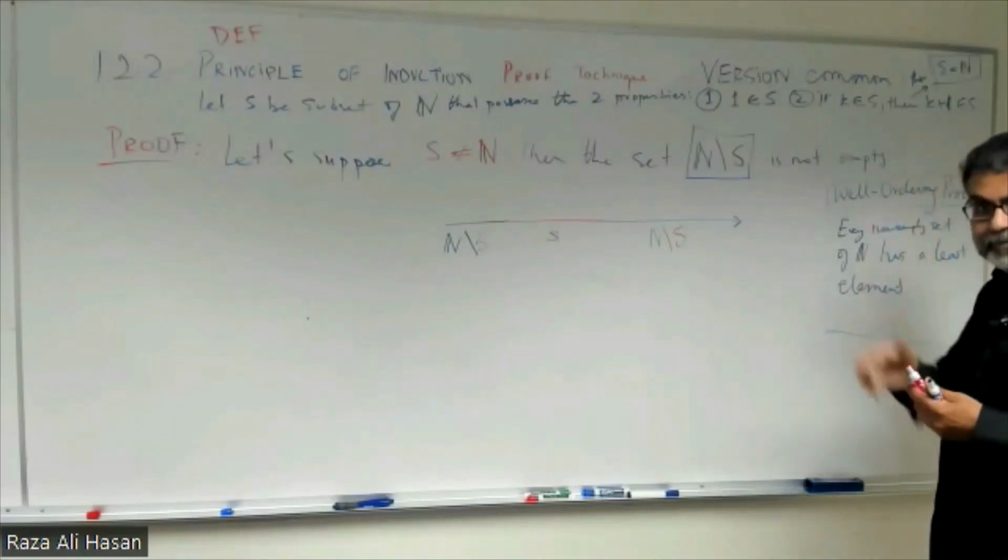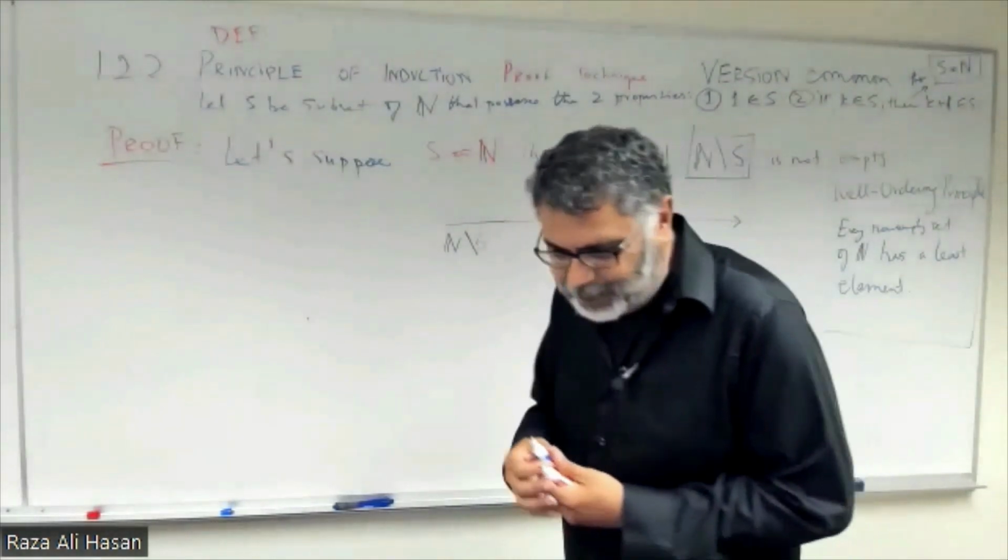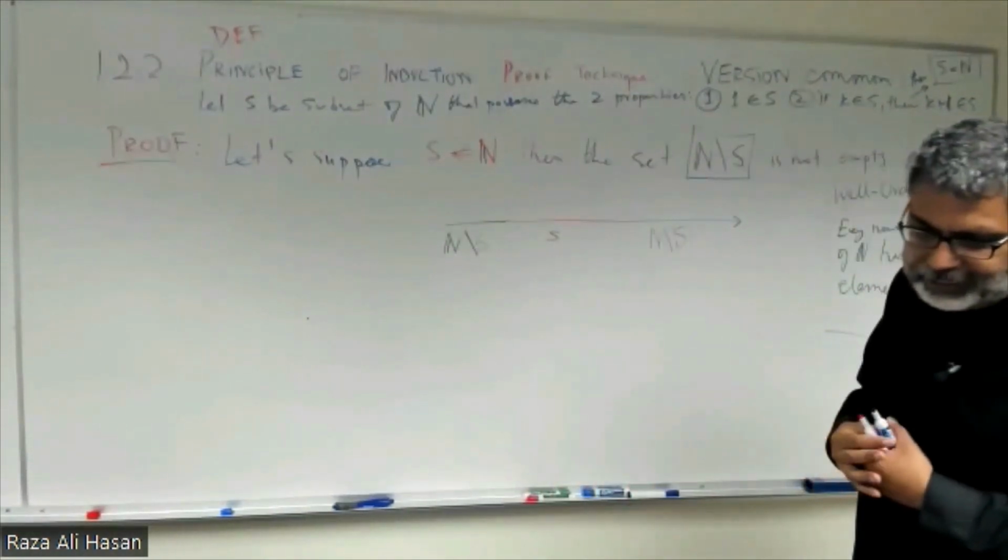1 is a very special number, so is 0. And if a set doesn't have 1, then it doesn't have any other number. There you go. Then it is in trouble. So if that is true, then